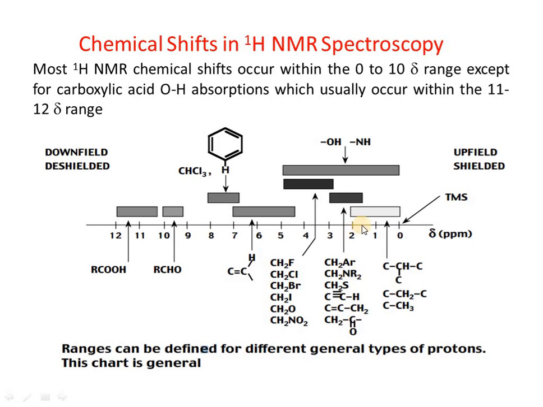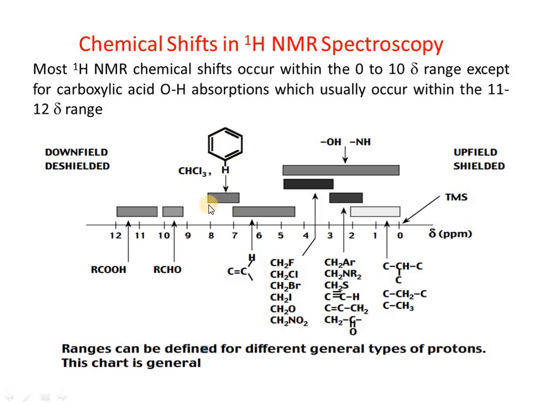their signals from 1.5 to 3 ppm, and then alcohols and amines show in this 0 to 5 ppm, and the protons attached to fluorine, chlorine, bromine, iodine or oxygen or NO2 groups also show the signal from 3 to 5 ppm, and the protons which are attached to a double bond like this generally show their signal from 4.5 to 7 ppm,